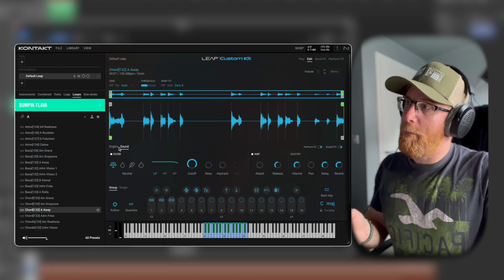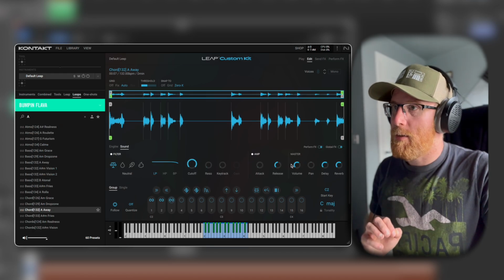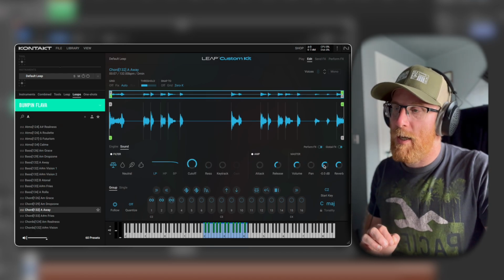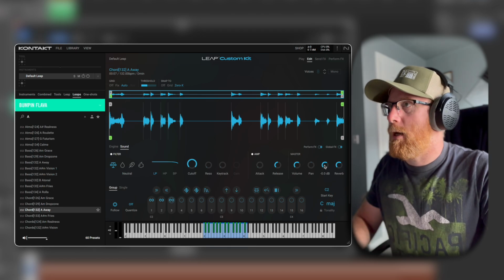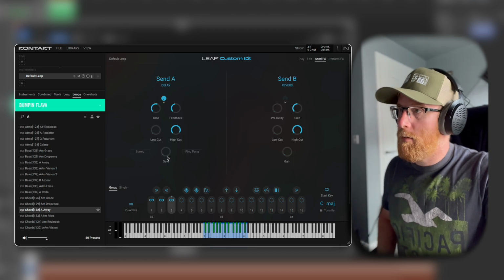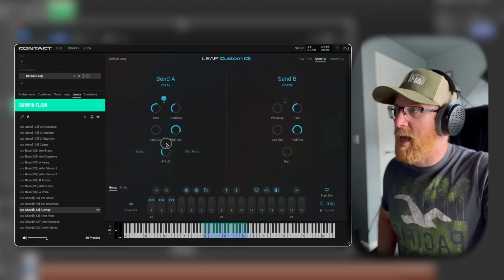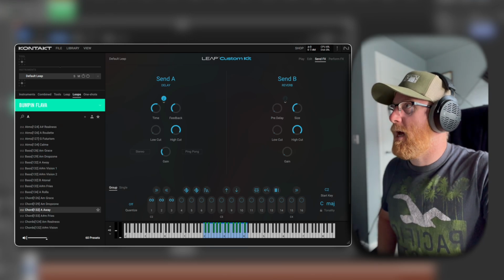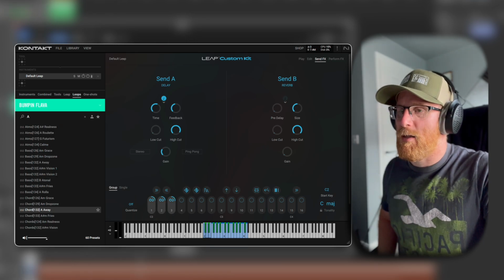If we switch over from engine to sound, we've got our send effects just here, currently set to 0 dB. However, in send effects, we need to make sure they've got a gain amount, because at the minute, it's not there, even though it's set to 0 dB. If we give a gain to the delay, however,